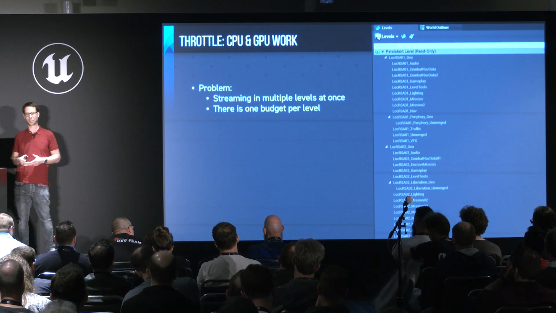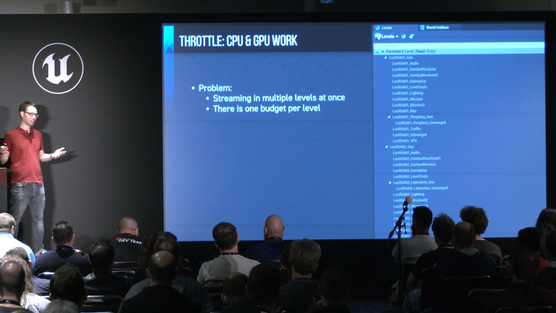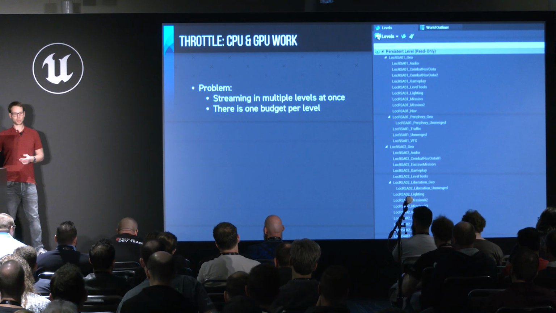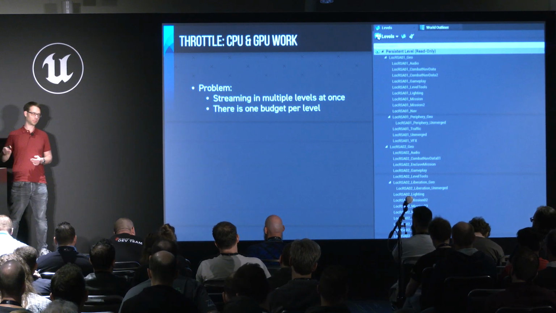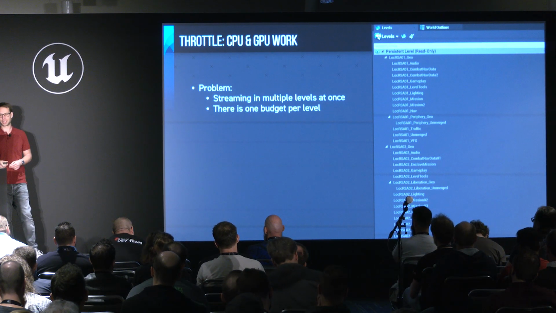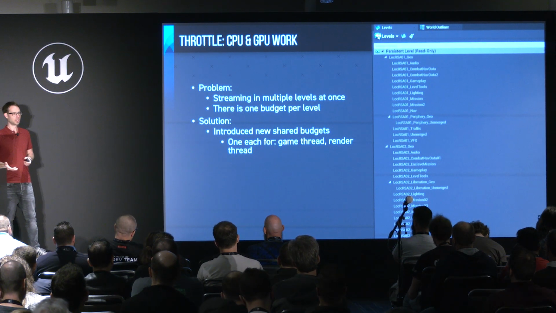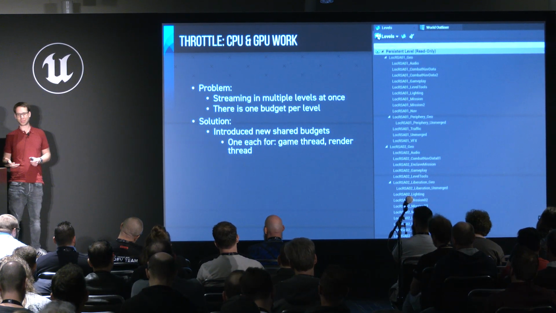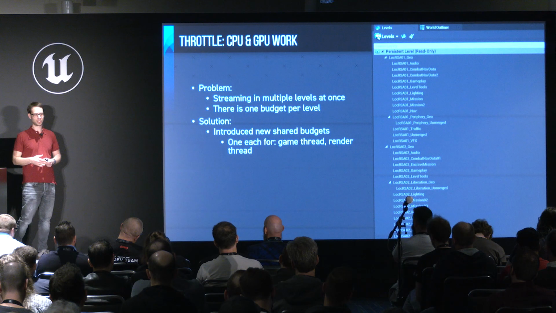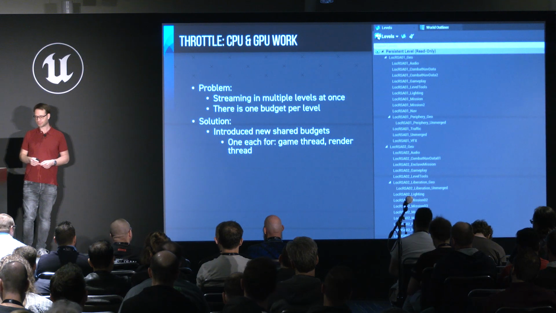And what we found is that the engine only has one budget per level when streaming stuff in. So it potentially loads all the data for the one level and exceeds the budget. And then it will have a fresh budget in the same frame for the next level and will keep loading on that, which obviously makes your one frame where you're streaming in multiple levels take way too long. And once you have found that out, the solution is kind of straightforward. You just go in there and change it so that you have a shared budget that all the levels being streamed in at the moment take the time out of, so that you don't have multiple budgets for one frame, but only one.